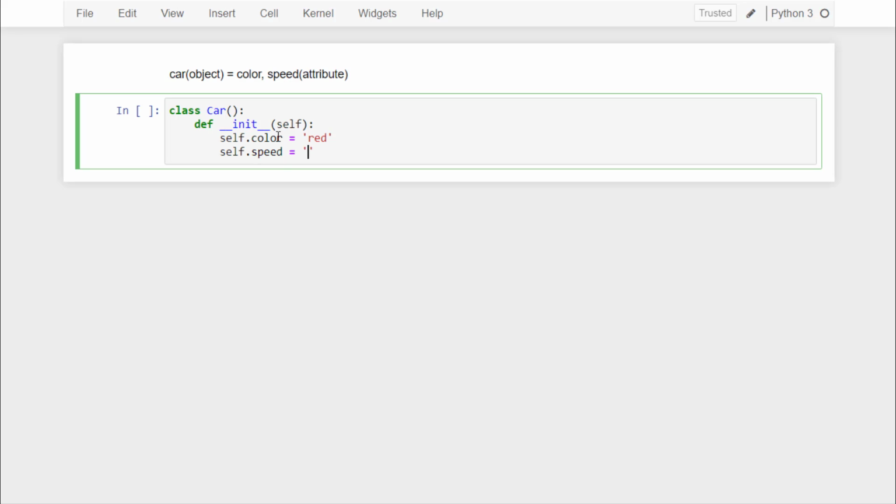is equal to 100. Now let's understand this self parameter. This self parameter is a reference to the current instance of the class. That means in layman terms, we are telling Python that this color is associated with this object called car and this speed is associated with this object called car. This parameter self is a convention in programming, but you can call it whatever you like. For example, I will say it is an attribute, so attr, and here also we have to change to attribute and